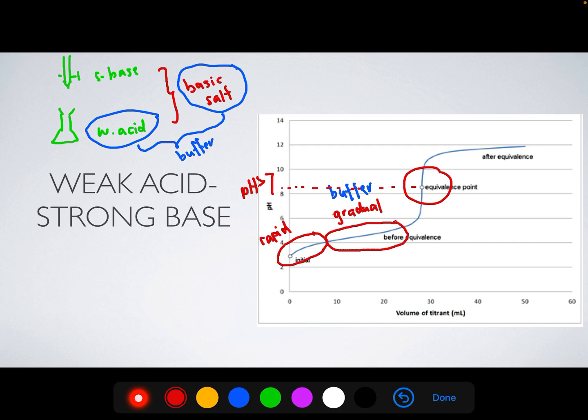pH dia berlaku lebih tinggi daripada 7. Kenapa lebih tinggi daripada 7? Because although the number of mole of H+ and number of OH- is equal at the moment, but there is presence of basic salt tadi. Okay, and since basic salt when undergoes hydrolysis with water will give OH-, therefore it will increase the pH of